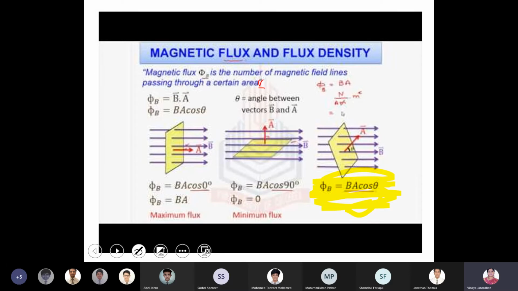A magnetic field is represented by the field lines. Can you see these parallel arrows which represent the magnetic field, which is uniform because all the field lines are straight and parallel to each other. So what is magnetic flux? In this magnetic field, you're keeping a closed surface. Can you see a closed rectangular surface? It can be a thin metal sheet.